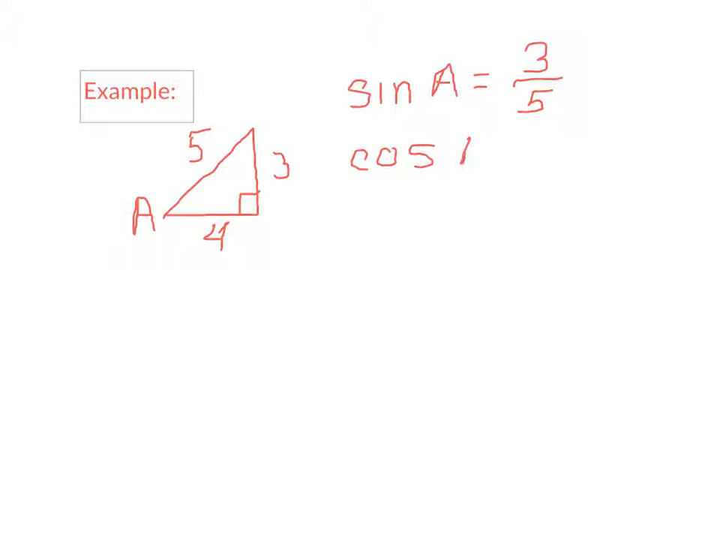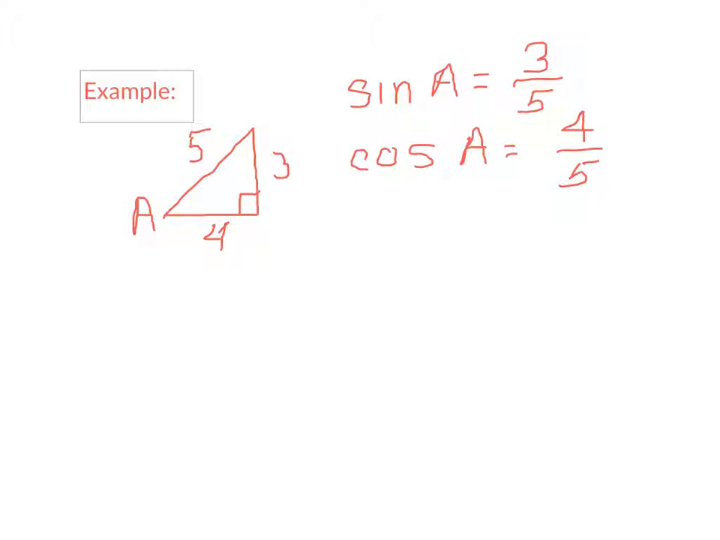cosine of an angle is equal to the length of the leg that's adjacent to that angle, divided by the length of the hypotenuse. Or in the case of our example here, it's going to equal 4 over 5. Okay? So the cosine of A is the length of the side adjacent to the angle divided by the length